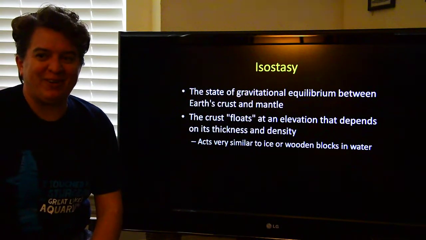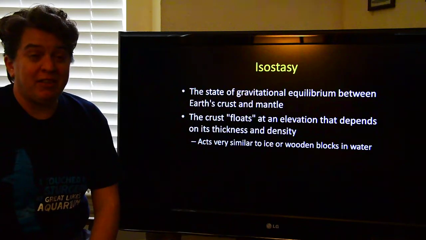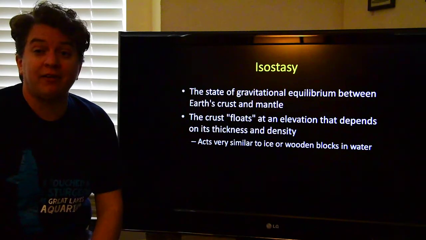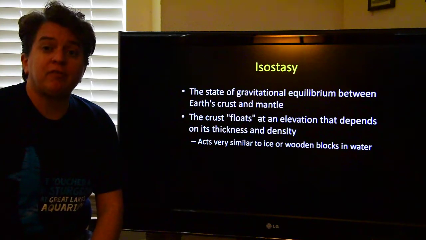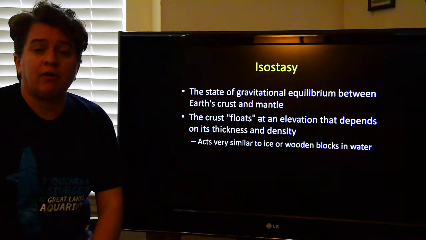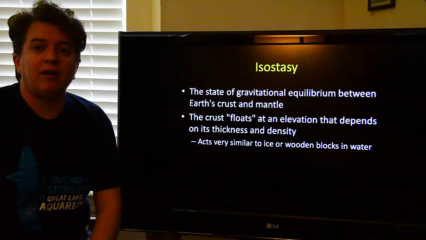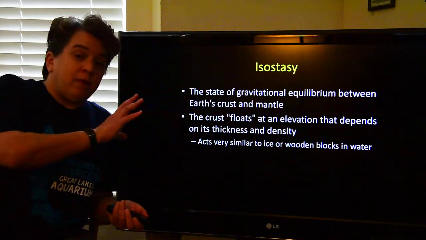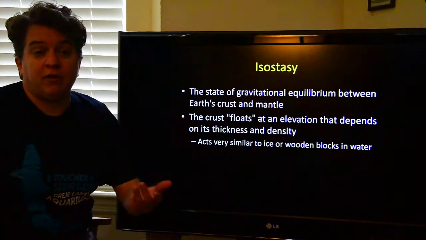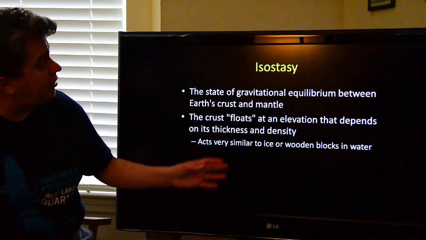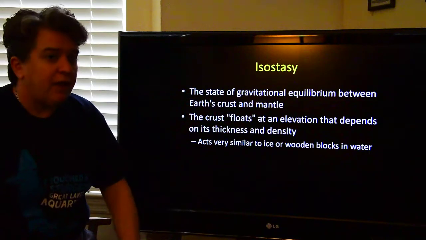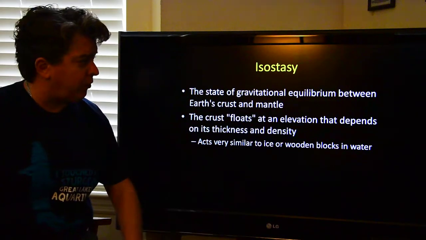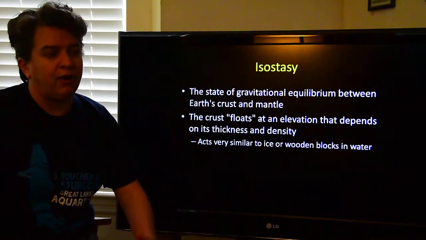Okay, now that we've learned a bit about some of the different kinds of mountains, definitely not an exhaustive list, we're going to talk a little bit about how the continental crust behaves. And one of the important things about continental crust, and in fact any crust, is isostasy. Isostasy is defined as the state of gravitational equilibrium between Earth's crust and mantle,